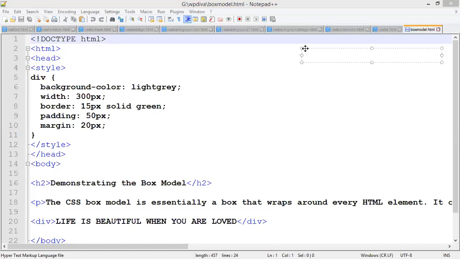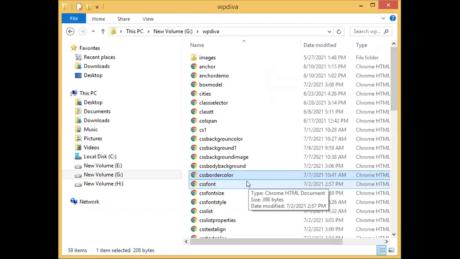Out of this CSS, fixed questions will come, that I will give you. Now we are going to see what a box model is. This is the code for the box model. Let me run this and tell you what a box model is first. I have saved it as boxmodel.html. Let me run this code for you.